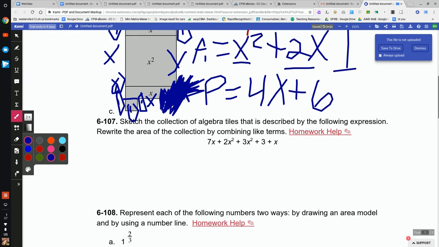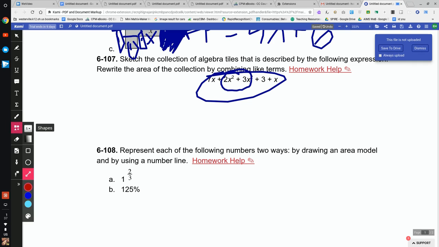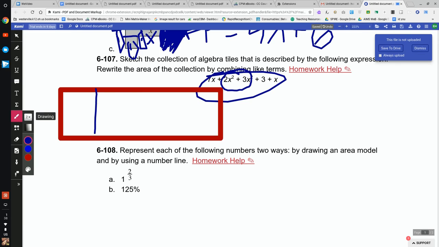All right, coming on down to 6107. This one's a little annoying because you're supposed to draw the tiles. So again, they want you to combine them. So first thing I see are my 2x squared and my 3x squared. So to draw my x squared, I'm going to draw, let's see here. I need 5. So I'm going to take and go 1,